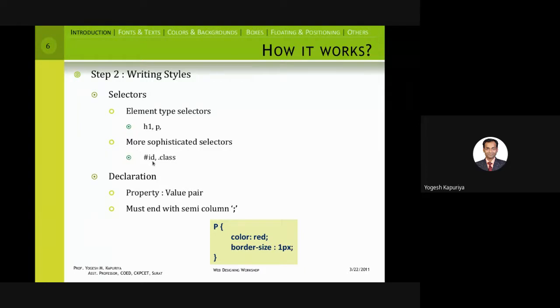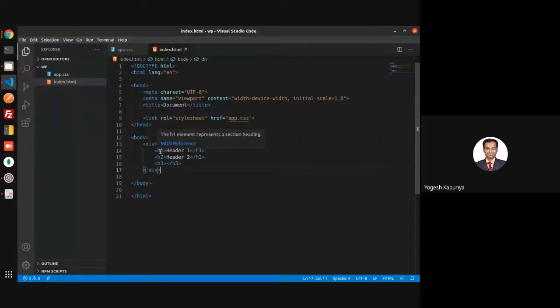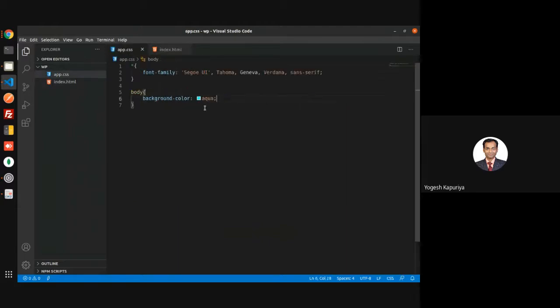Normally, we use an ID selector if that particular element is unique inside the entire document. We use the class selector if you want to repeat the same style for multiple elements in the HTML document. And if you want to apply a generic style, that means a style to all the p tags, all the h1 tags, then we write it without using any selector. In that case, the style will be applied to all of them. We'll discuss the practical aspect. There are three ways now. I don't think I have discussed it or not.